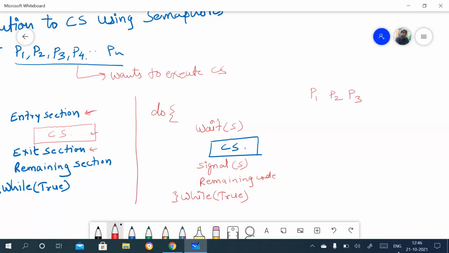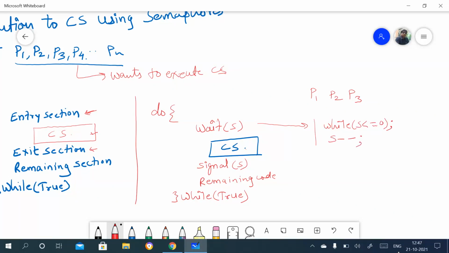Now see here, what is this code? While S is less than or equal to 0, and see here this is a semicolon. It means this while statement ends right here itself. There is no body under this while, and this S minus minus is outside of this while loop.